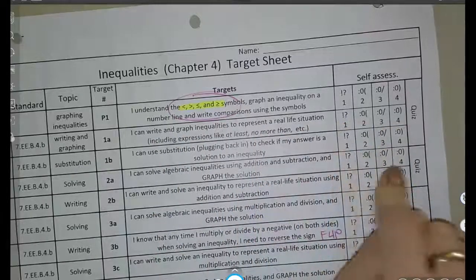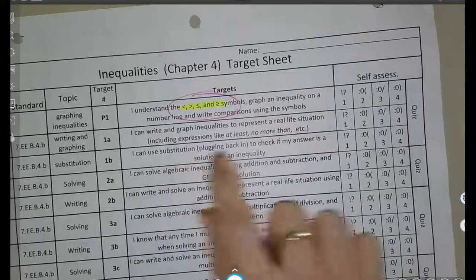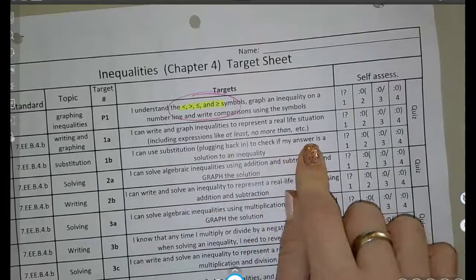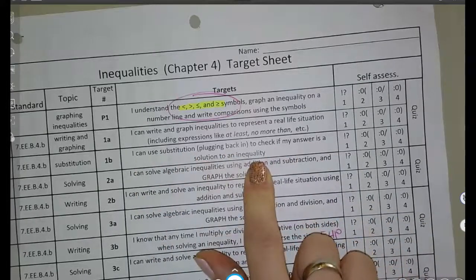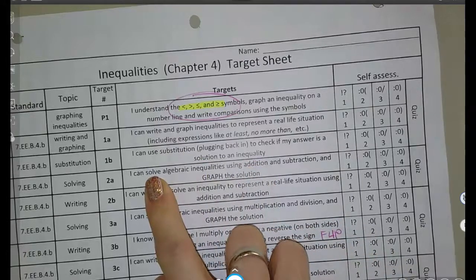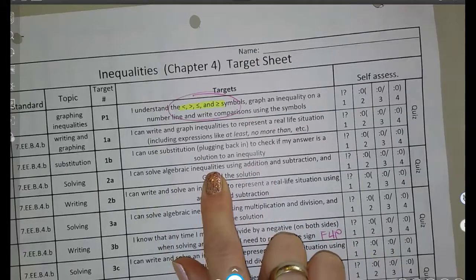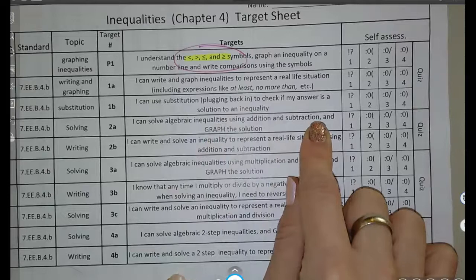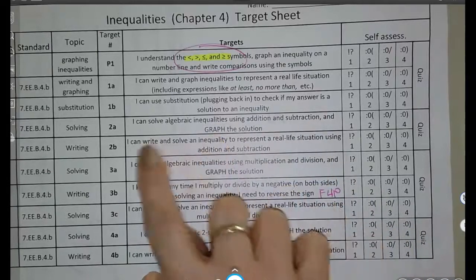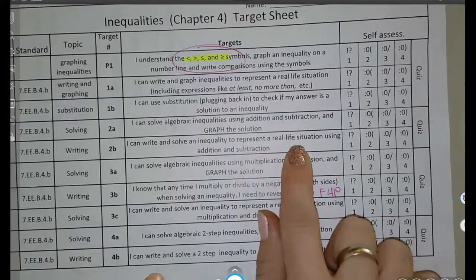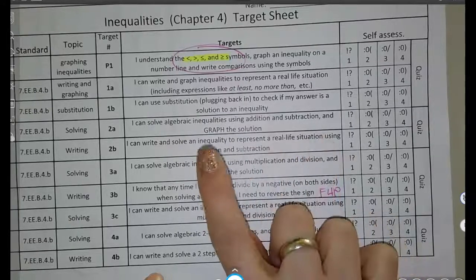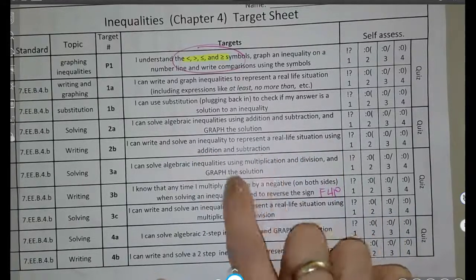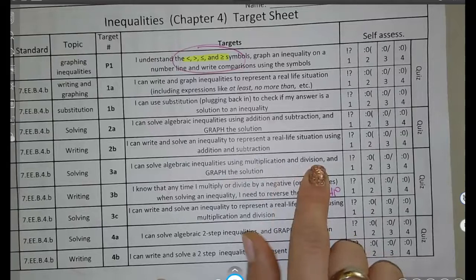Remember, you're filling in 1, 2, 3, or 4. Using substitution to check and see if an answer is a solution to an inequality. And then we're going to start solving inequalities, which is a lot like we did in chapter 3 with equations, but solving with inequalities now. And we're going to start with adding and subtracting and graphing our solution, writing our own inequality for a real life or story problem using adding and subtracting, and then we move on to multiplication and division and graphing the